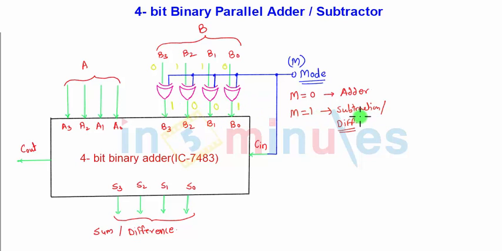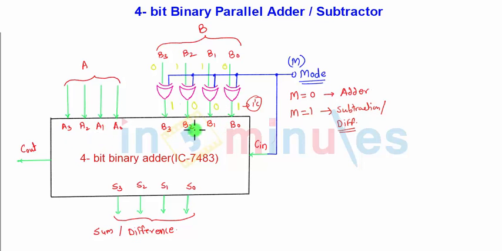So for mode equal to 1, it will invert the inputs for B, that is nothing but the 1's complement. So these numbers correspond to 1's complement. At the same time, Cin is also connected to mode. So with M equal to 1, Cin is also 1. So this 1 will be added to number B, because this will be treated as the initial carry. So it will be added to the 1's complement number of B, and we know that 2's complement is obtained with the addition of 1 to 1's complement, and here we are doing the same thing. We are adding 1 to the 1's complement number, so we will be getting the 2's complement number of B.